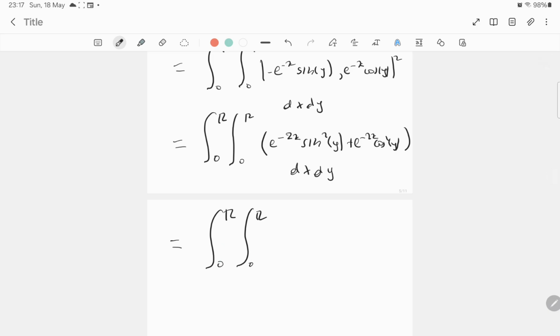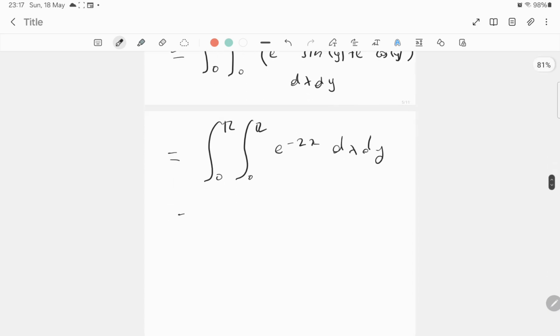The computations will be simplified because I can take common factor e to the minus 2x, and sine squared plus cos squared is 1, so I have e to the minus 2x dx dy. And that is going to give me e to the minus 2x over minus 2, from 0 to pi, and then the integral from 0 to pi dy,